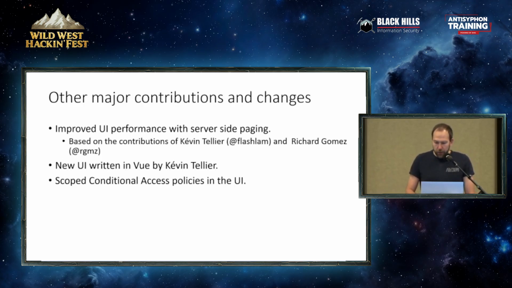Other than that, there's been a few more changes and also a few more contributions from people. One of the things that was always quite annoying for people who are using this in larger tenants is that the UI kind of slowed down because it tried to load everything. Now I implemented paging, so it doesn't try to fetch all the data at once, which isn't really rocket science, but it just took me a while to implement. And actually, it's not just me that worked on that. There have been several contributions to the project from Kevin and from Richard. They also worked on getting that paging in the front end and in the backend API. So the UI I'm going to show you today does actually support that paging.